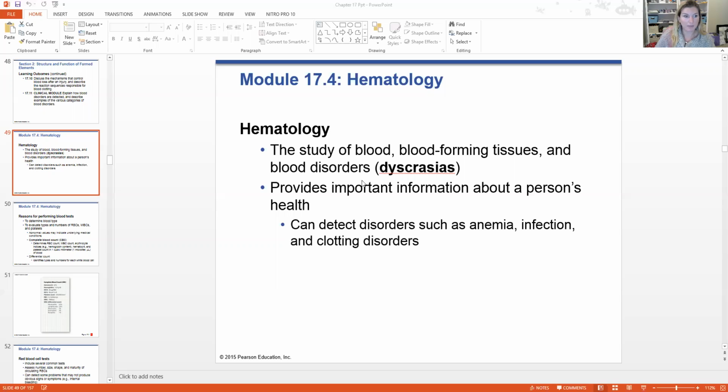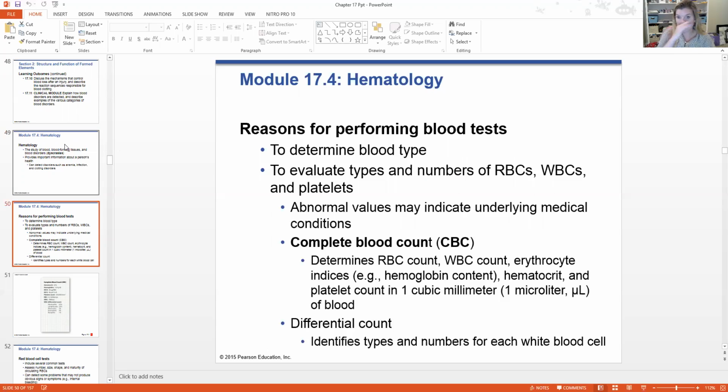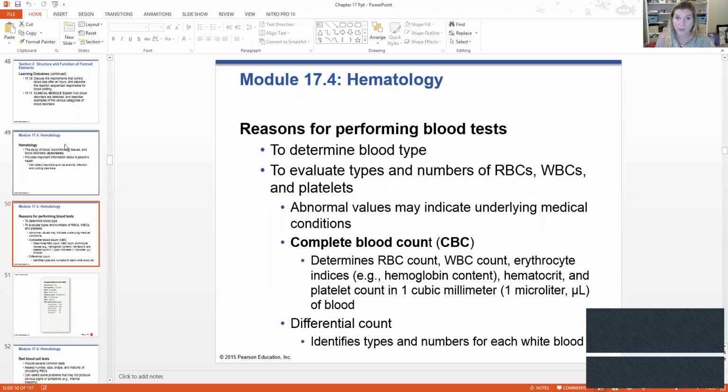So let's look at why we would want to perform blood tests. So first, determining blood type, and we will talk about how to determine blood type in the next video. It also can be used to evaluate just the different numbers of red blood cells or white blood cells, as well as platelets. So it's helpful in diagnosing in that respect. Any abnormal values can indicate disease, and depending on which value, or is it up or is it down,